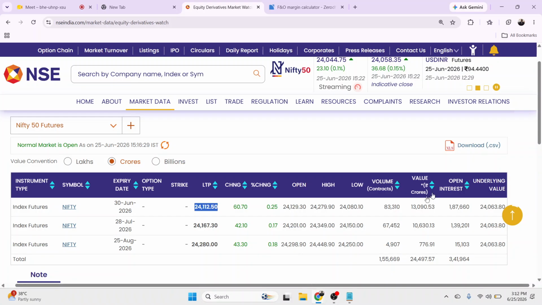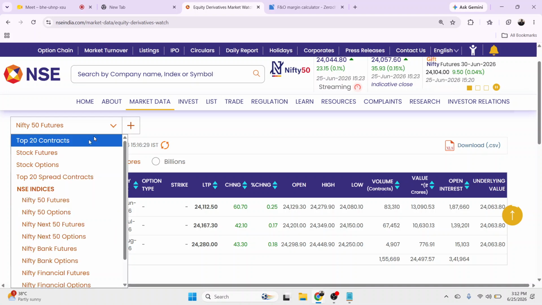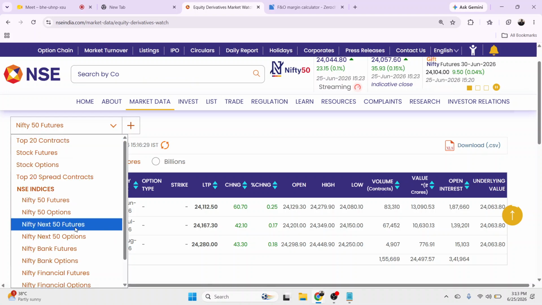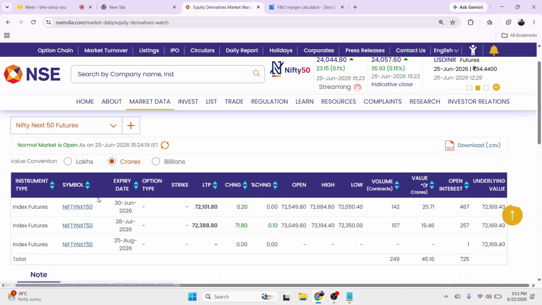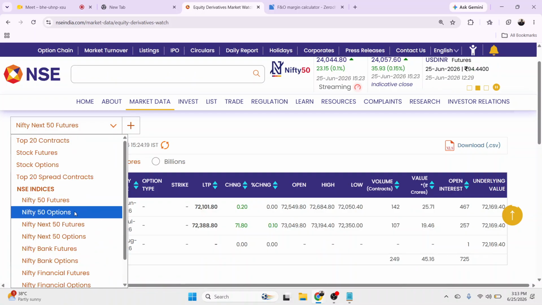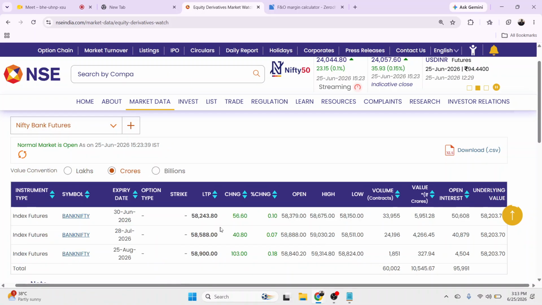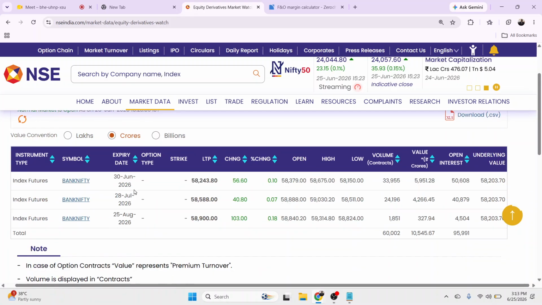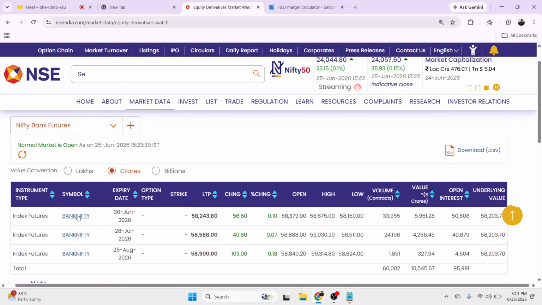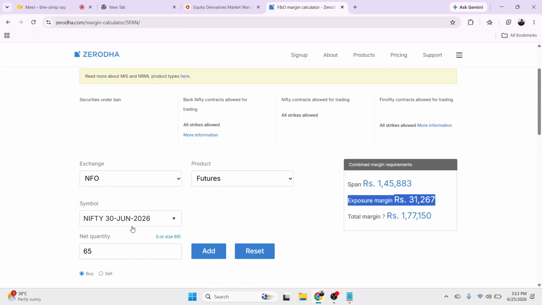Okay, so according to the underlying price move, the price of the future will also move. Now you can see these are the different kinds of contracts available. You can go for Next Nifty. Now you can see these are the contracts. Same way you can go for Bank Nifty. Every contract has its own lot size. For example, if I want, I can go for Bank Nifty as well. Expiry date will remain the same. And if I want to buy this June month, then Bank Nifty,